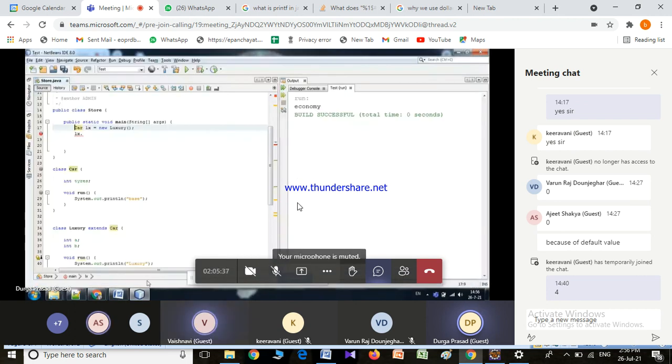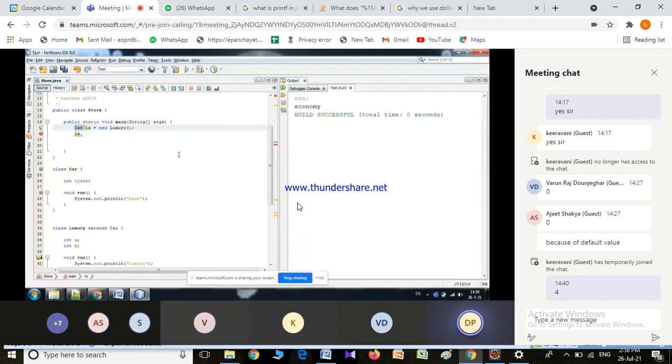So when I create a reference with the parent class, the disadvantage is you cannot get access to all the methods available in the child class. So whenever you are creating an object, if you want all the methods accessible, you create the object with your child class reference. If you want only the common methods that are across the classes, then you can go for parent class reference creation. Any questions?